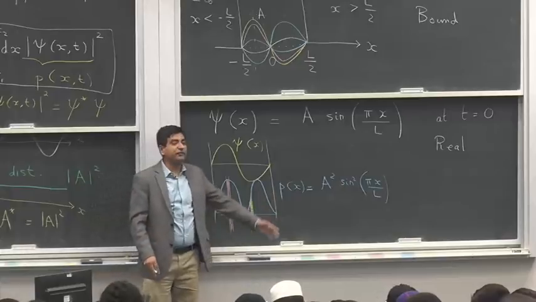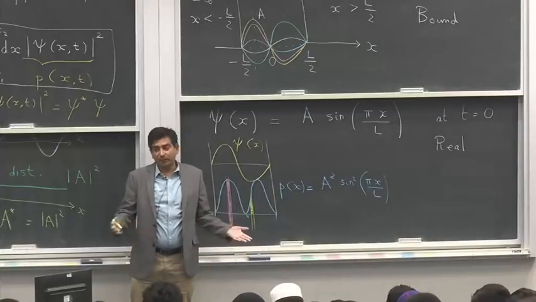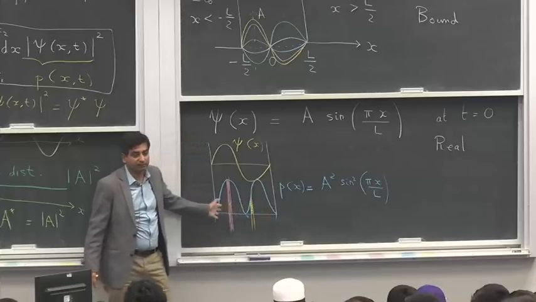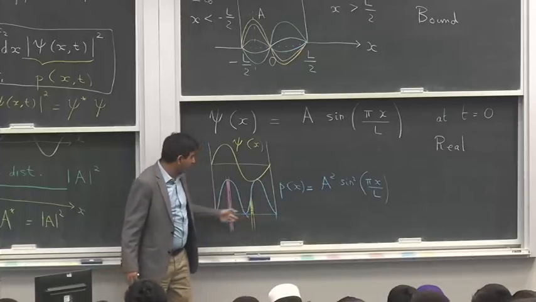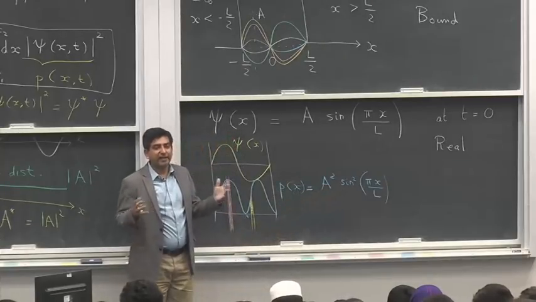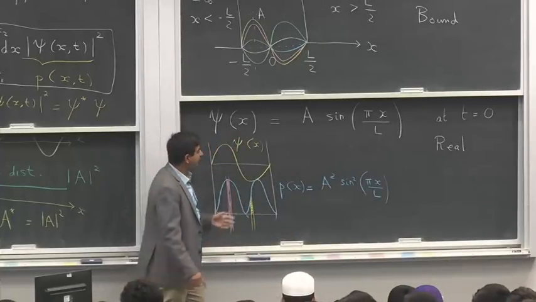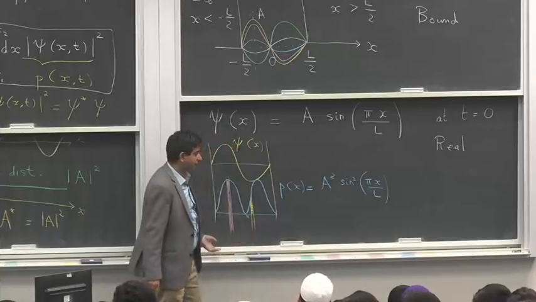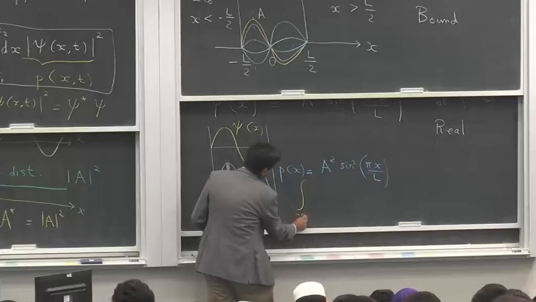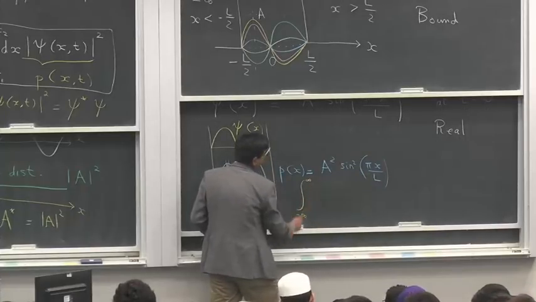And what's the probability of finding the electron somewhere inside the well? 1. So if I take the area under the curve between minus infinity to plus infinity, the answer would be 1. So if I took this probability density function and integrated from minus infinity to plus infinity,